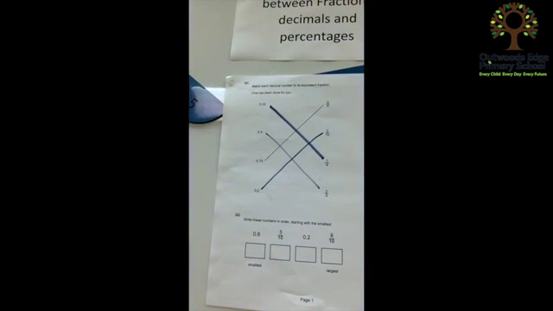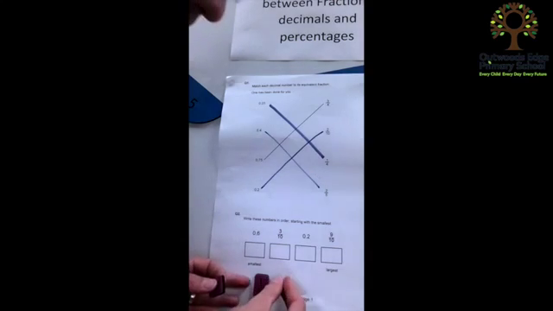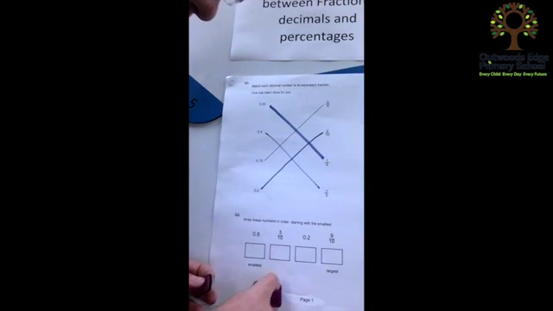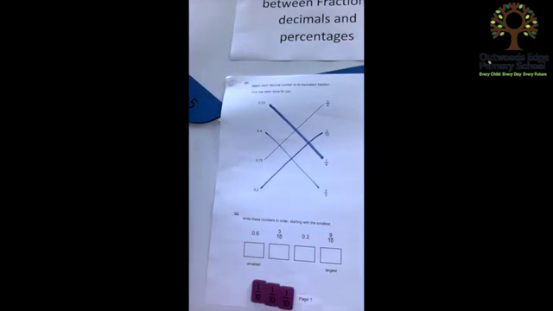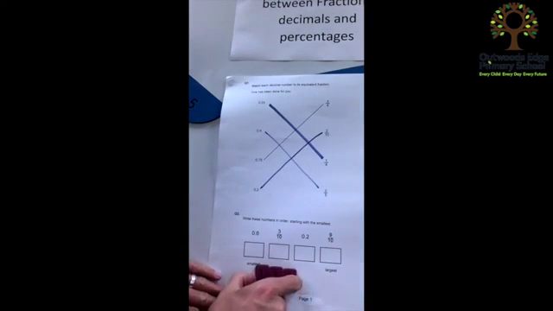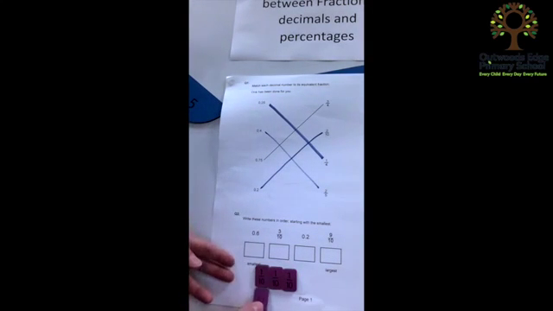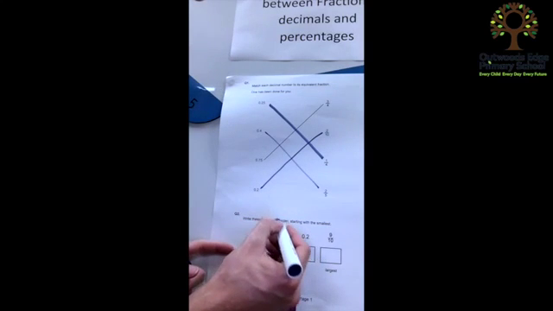Now to help them out with this one, it's really helpful if the children convert them all to either fractions or decimals. So I'm going to use a different shape card now. I'm going to use these rectangular ones. The children hopefully can see from this model that 3/10 is equivalent to 0.1, 0.2, 0.3. So if I change that on the sheet to 0.3, or write it above it to remind me,